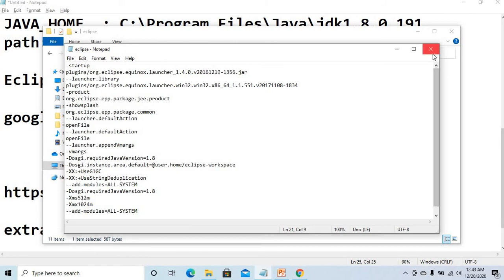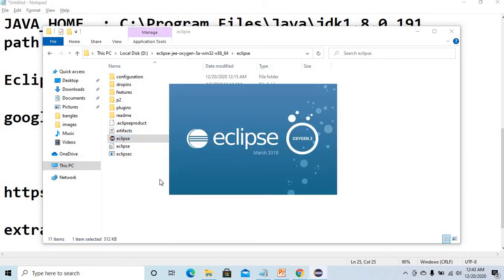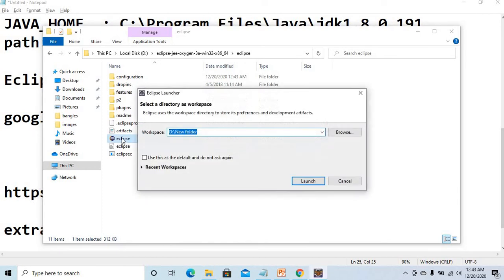Fine. Now what do I need to do? I downloaded Eclipse and extracted it, and simply double click on the Eclipse icon. That's it. Even if you have installed it, no problem, you can find the Eclipse icon. Simply double click on it. Then it will always ask you for a workspace.